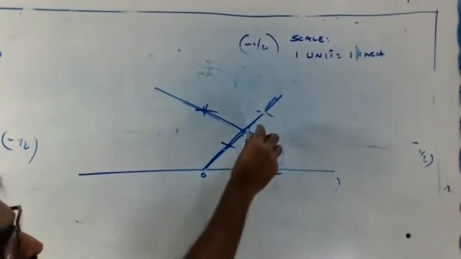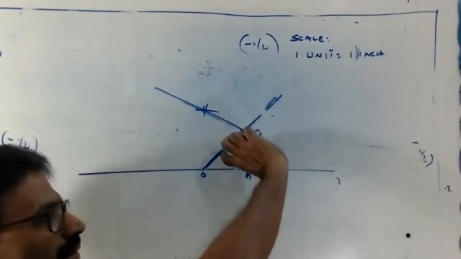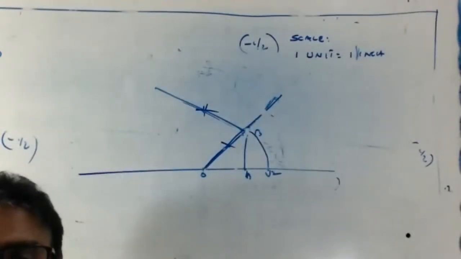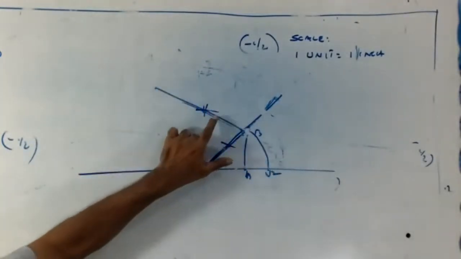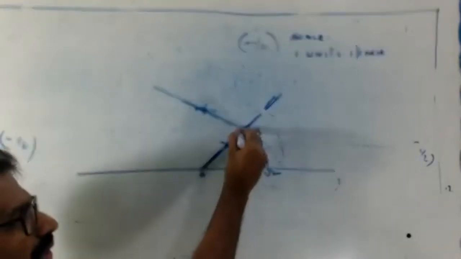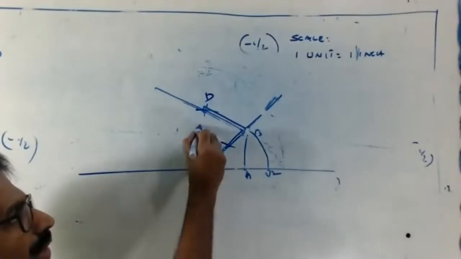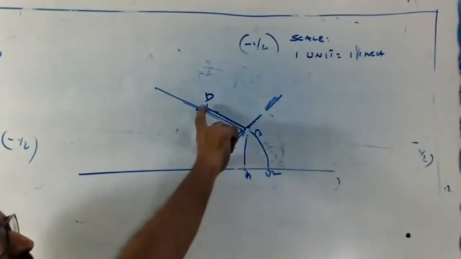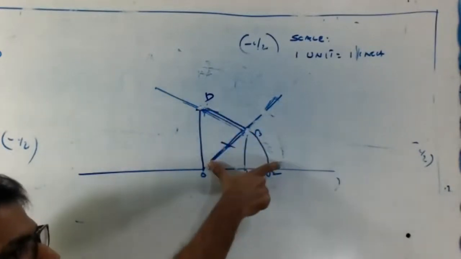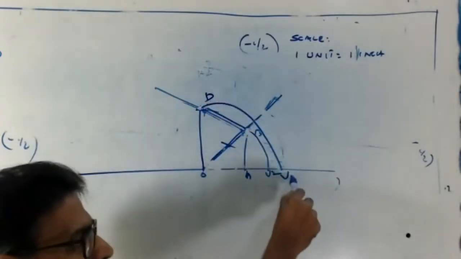Anyway, you take the compass here, this one arc here and arc here for the perpendicular. Draw a line here. Take one unit here, again one unit here, D here, one unit. Join OD. Then O as center, OD as radius, draw an arc. It comes like this. That means this is the root.